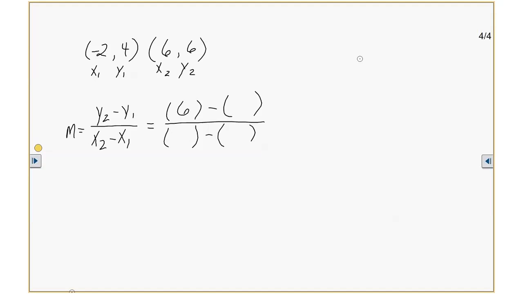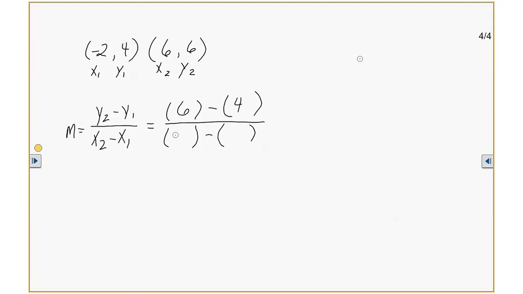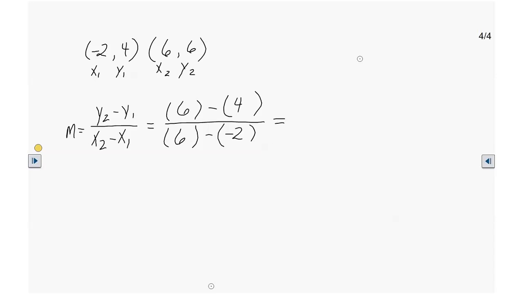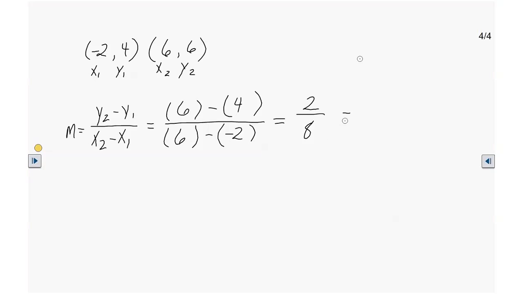What's y sub 1? 4. What's x sub 2? What's x sub 1? 6 minus 4 is 2. Be careful. 6 minus a negative 2. Good job. So your slope is